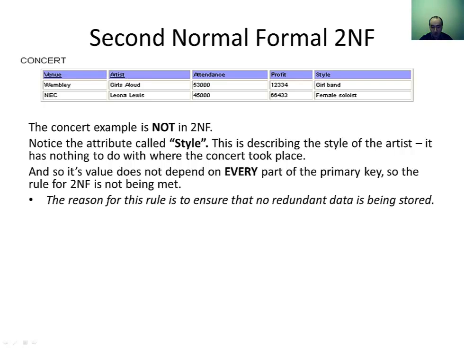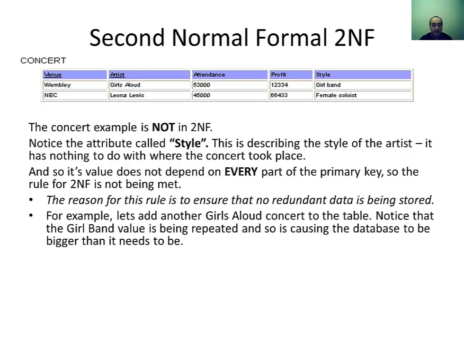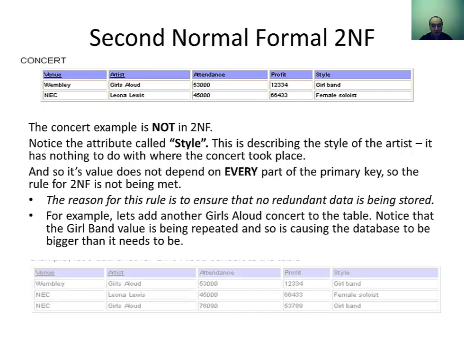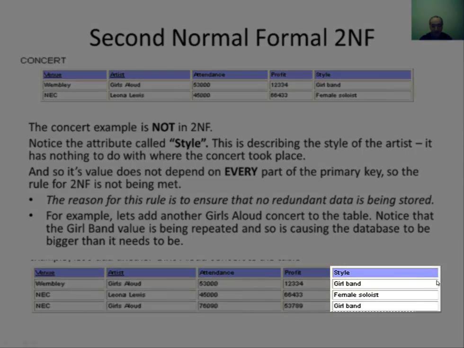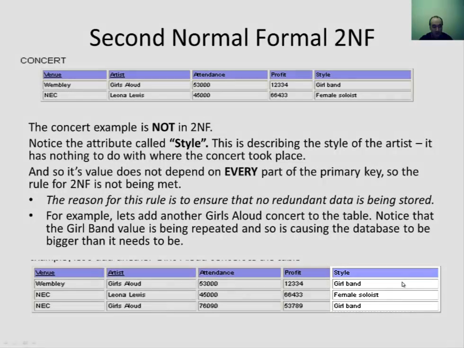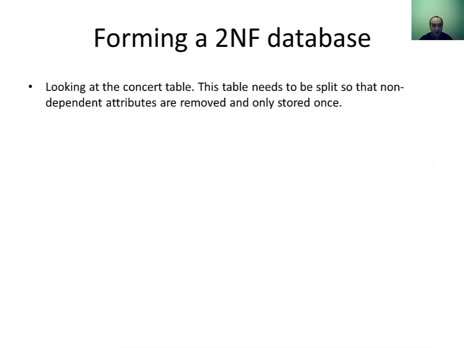The reason for this rule is to ensure that no redundant data is being stored. For example, let's add another Girls Aloud concert to the table. Notice that the girl band value is being repeated, and so is causing the database to be bigger than it needs to be. Looking at the concert table, this table needs to be split so that non-dependent attributes are removed